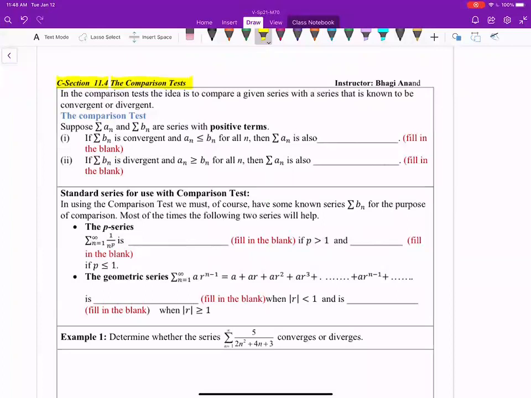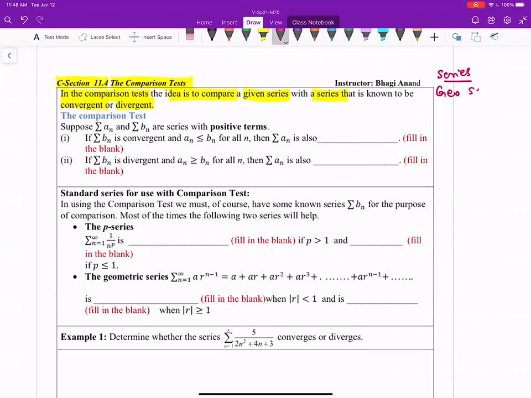In this section, we will cover two types of comparison test. One is the regular comparison test, and the other one is the limit comparison test. So let's see what the requirements of this comparison test are. In the comparison test, the idea is to compare a given series with a series that is known to be convergent or divergent. Usually the series that we will take for comparison is a